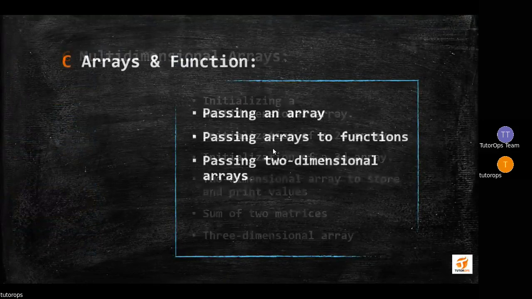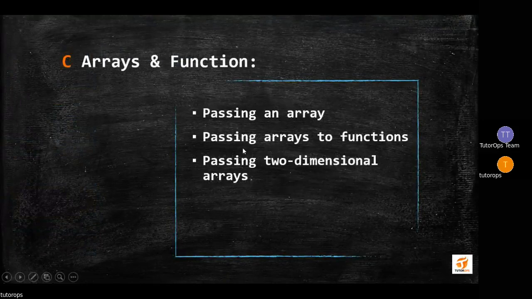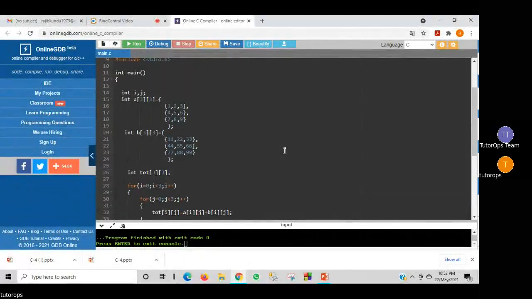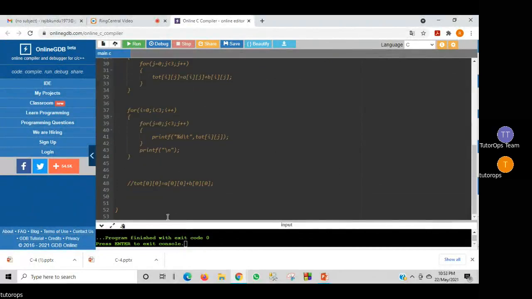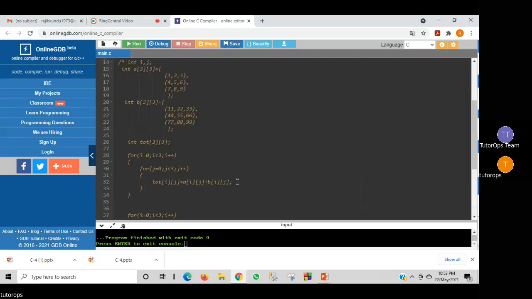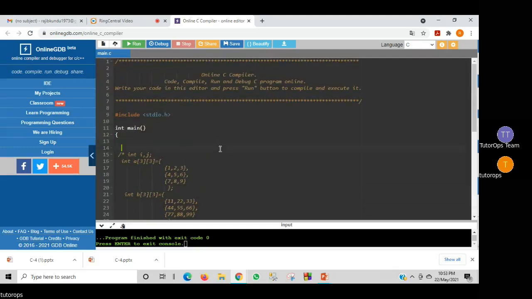Next point is we'll discuss passing an array in a function. Okay, this is another topic. I'll comment out the earlier program. Again I define one single-dimension array and I am passing values to the array. int arr